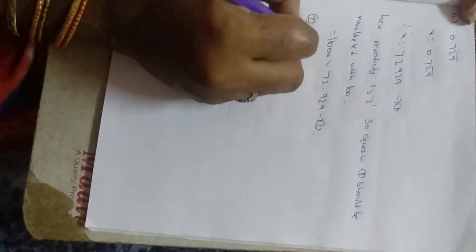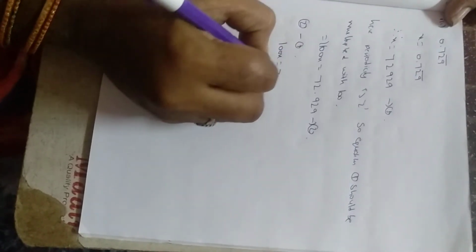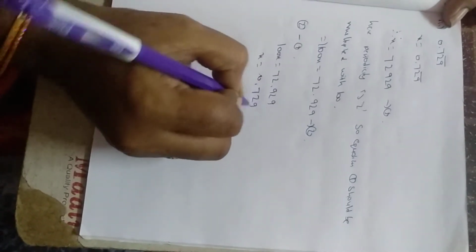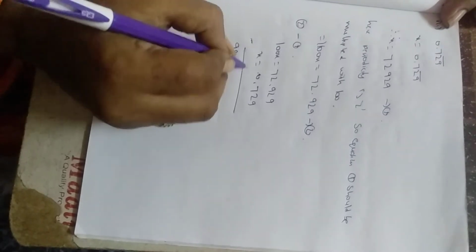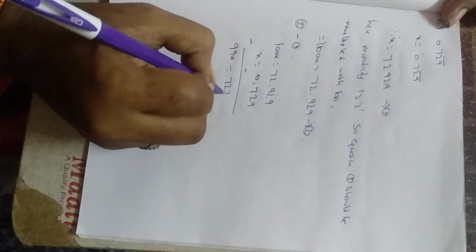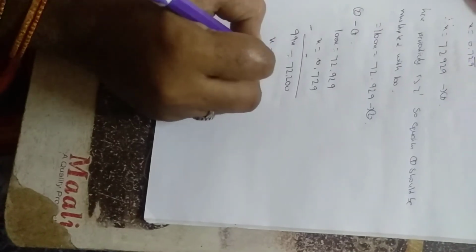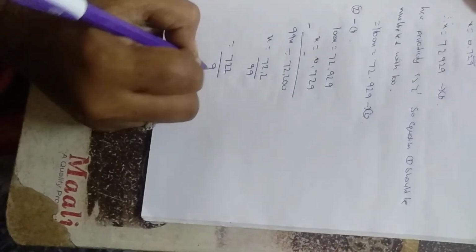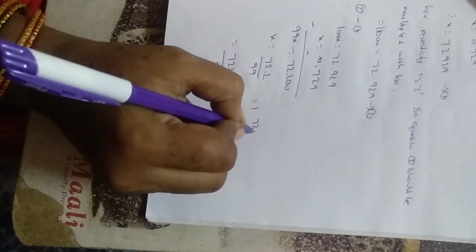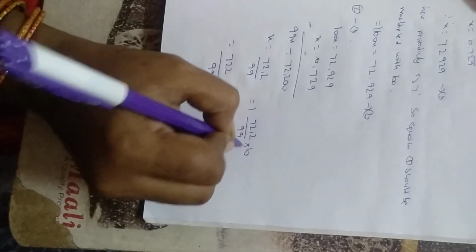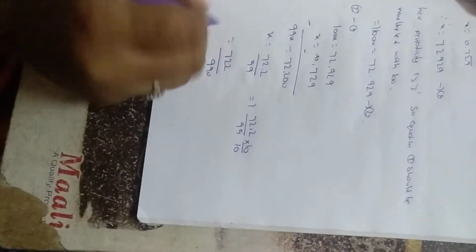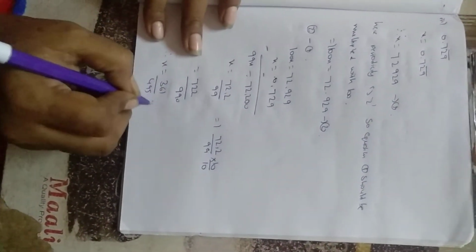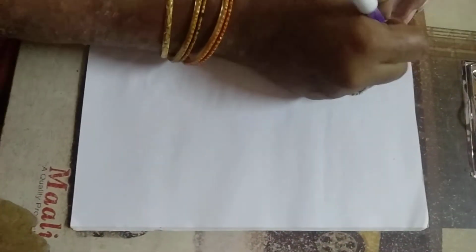To solve 2 minus 1. Therefore, 100x equal to 72.9292, x equal to 0.7292. Therefore, 99x equal to 72.200. x equal to 72.2 divided by 99, that equals 722 by 990, that is 72.2 by 99 into 10 by 10. Therefore, x equal to 361 by 495. It cancelled in the second table. Next, fourth one.